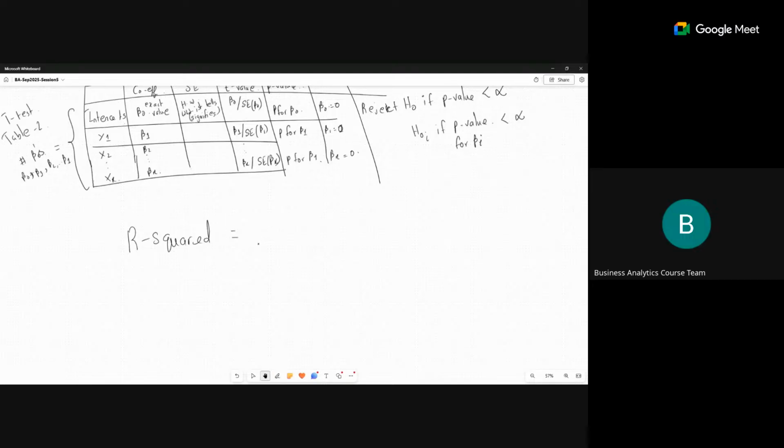What is the definition for R squared? It's a proportion of dependent to independent variables. Okay, right. So this is nothing but the coefficient of determination,